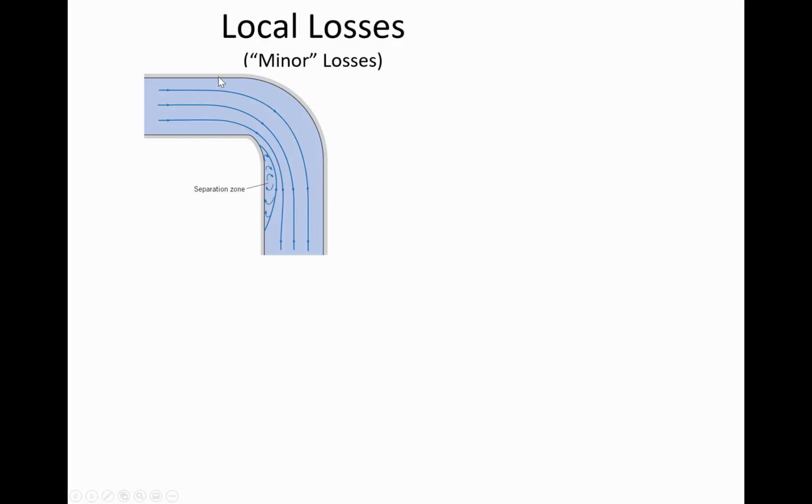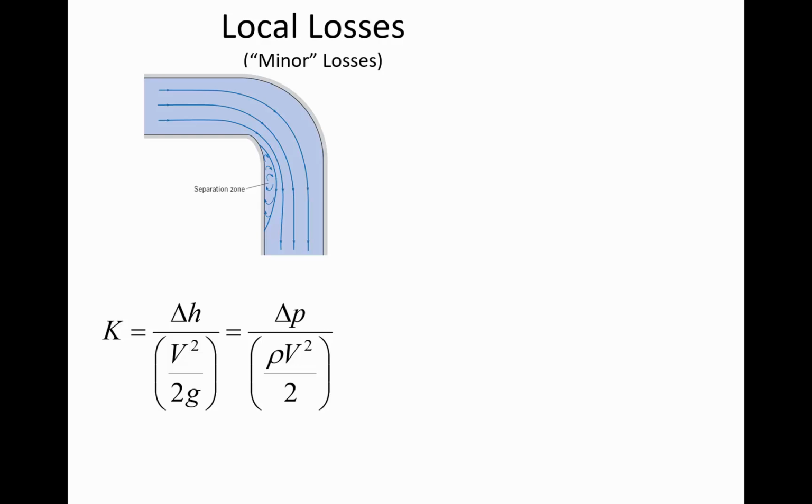So instead of having a pipe diameter determined by the actual physical size of the pipe, the effective flow diameter is decreased. And so as the water's having to squeeze through a smaller area, because of that acceleration that occurs, there's a reduction in the pressure and therefore a local loss. So you could calculate that K value that applies by measuring the pressure change that occurs between the inlet and the outlet to a fitting like this.